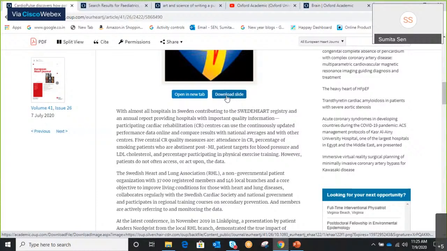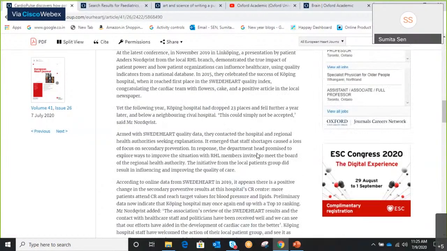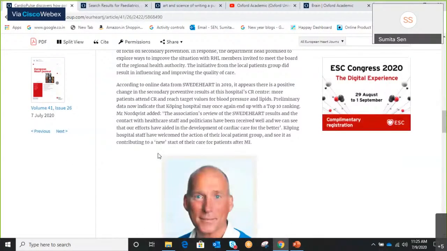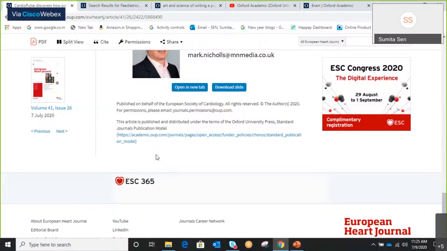If you download it as a PowerPoint, it will give you the citation information and will tell you which journal it has been taken from. So this is one difference between HTML and PDF.